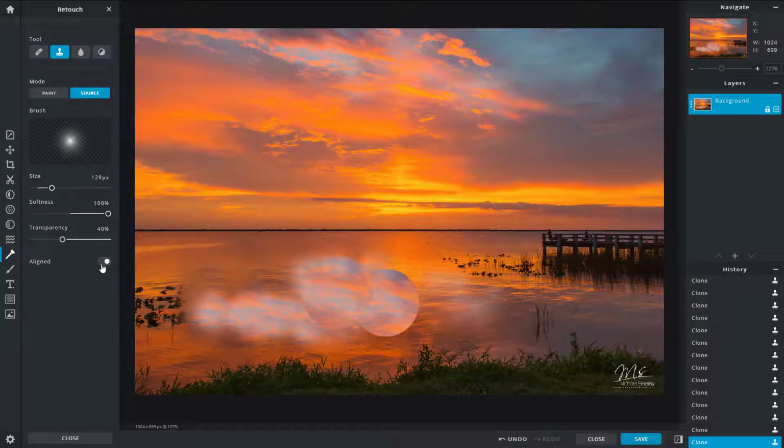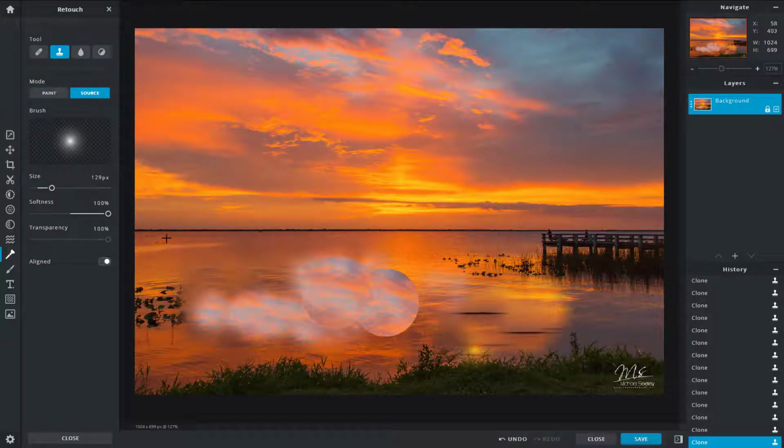So what does this mean? If I were to go over here and then choose the source again, let me just click over here and then start drawing right over here. Let me increase the transparency, draw it out right here. If I were to draw again, you can see that they are not aligned, meaning they are not drawing the same thing. Let me take this line as a source right over here. If I were to draw it, you can see the line, but if I were to draw it again, you can see that the line is not aligned.